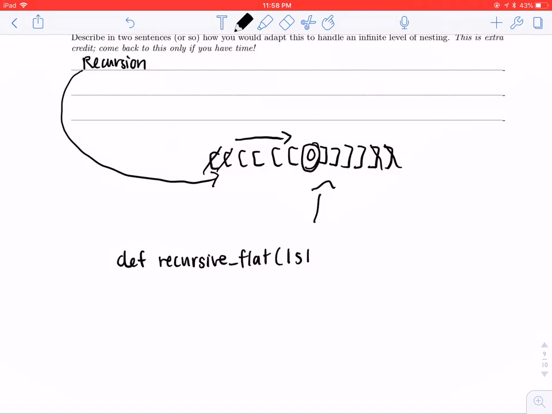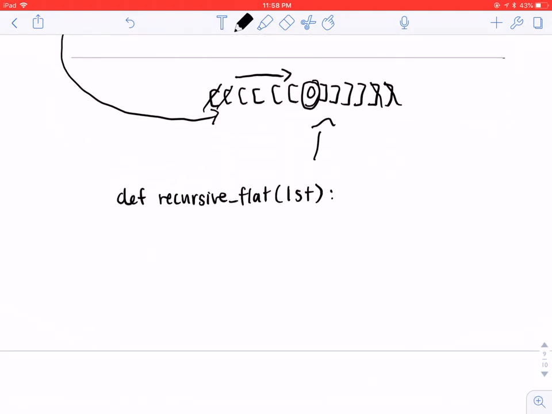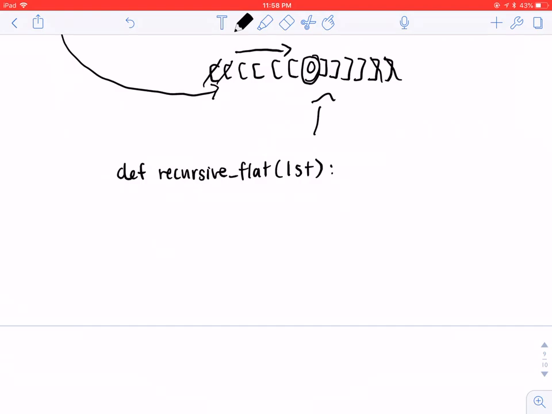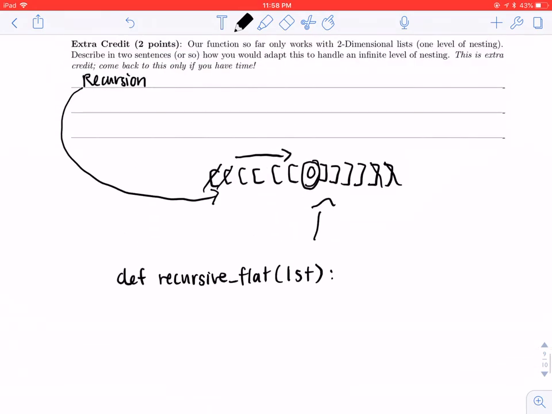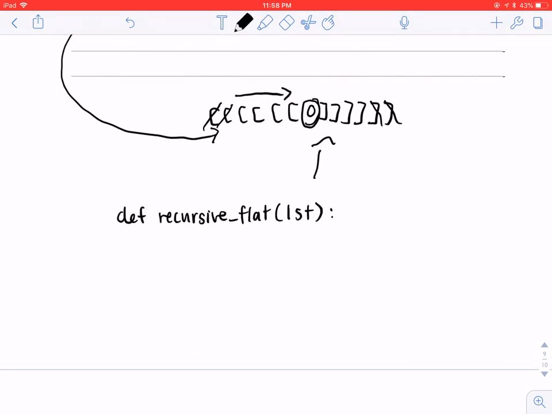Let's say it takes in a list. Okay, so as always, we want to have a base case, and generally with lists, it's pretty common to see a base case where the list is just empty. So if length list equals 0,